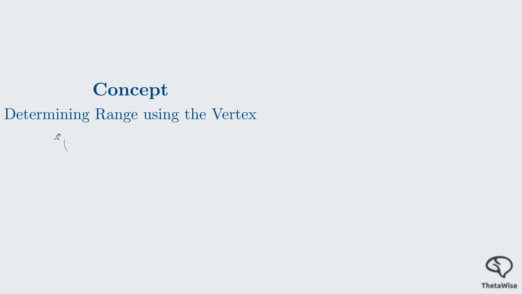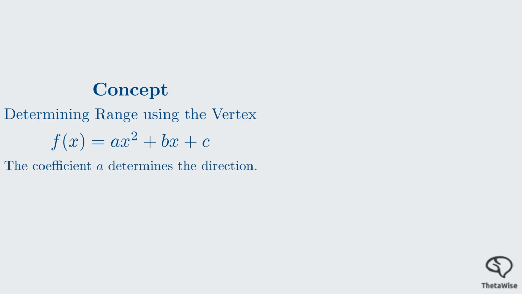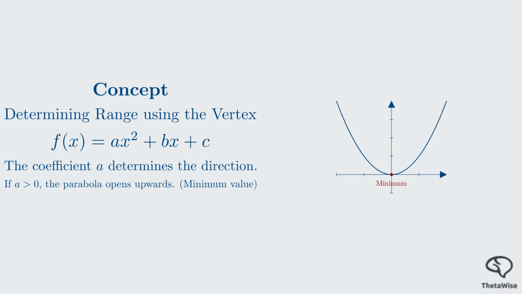For a standard quadratic function in the form f(x) = ax² + bx + c, the range is entirely determined by the y-coordinate of its vertex. The value of the coefficient a tells us the direction of the parabola. If a is positive, the parabola opens upwards, like a cup, meaning the vertex is the lowest point, or the